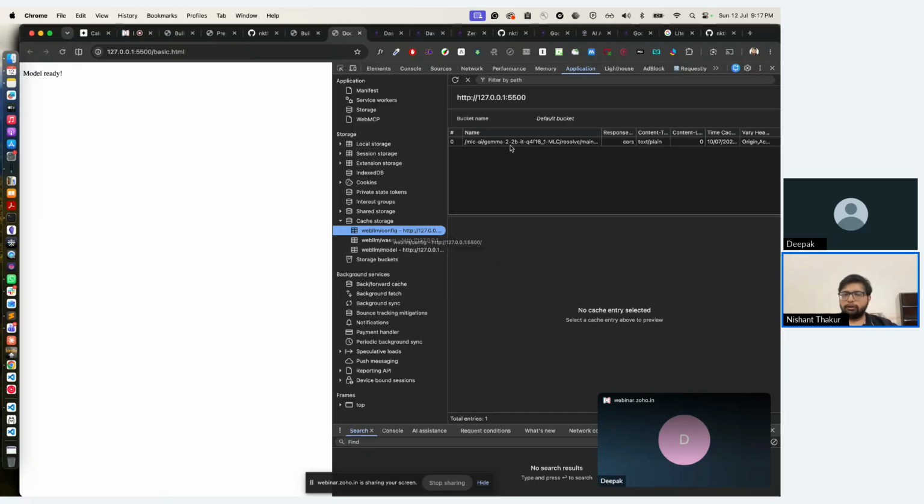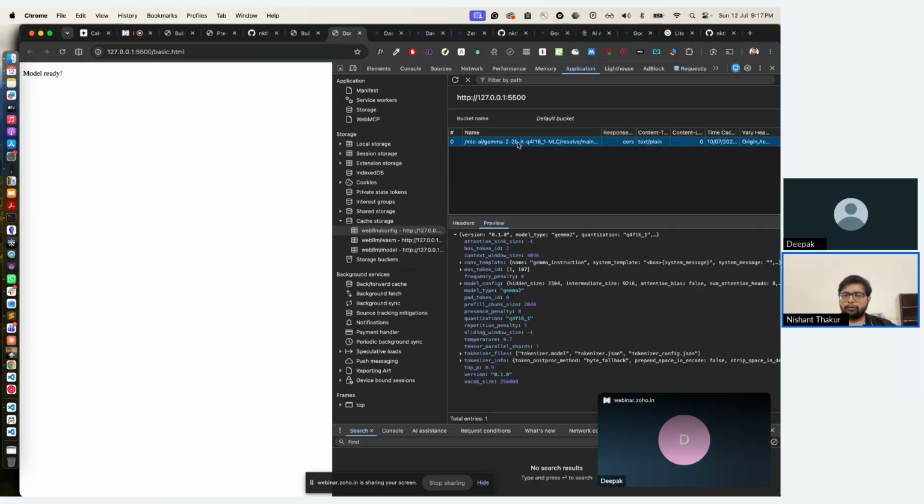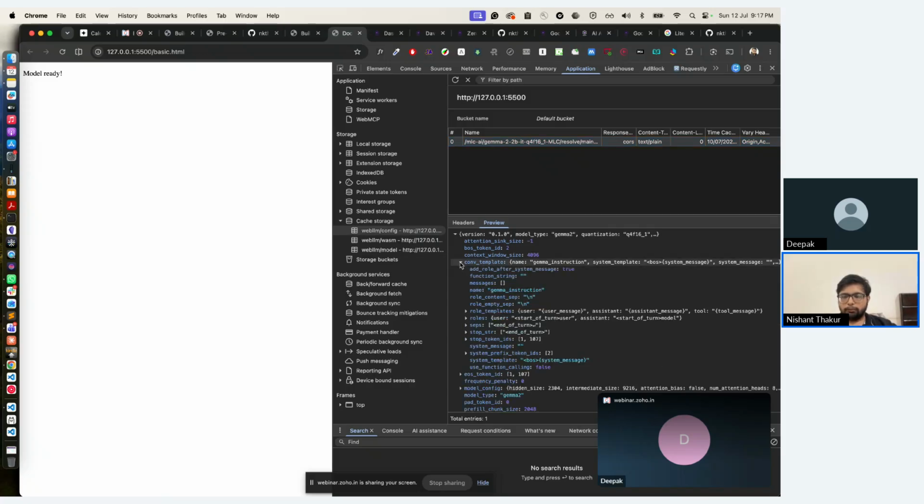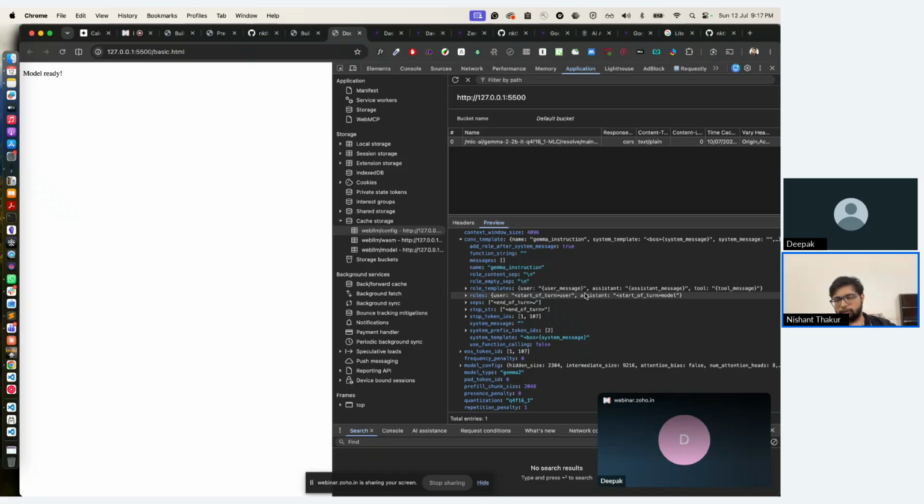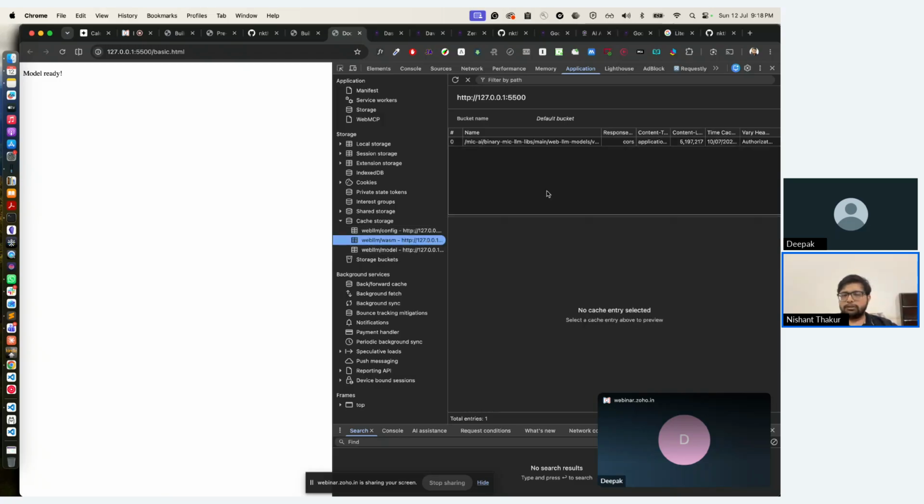If I go to the config, you'll see this is just a configuration file to drive this model. Essentially it is a JSON thing. So I can click over here and I can see the preview. So you can see the different tokenizer information, the template, what essentially is the way this particular model is being used, the family, all the roles, the system template, all of those things you can actually see over here. The WASM essentially is the engine. Since this is not a plain text format, we cannot view it. But this essentially is the engine which enables the models to run on